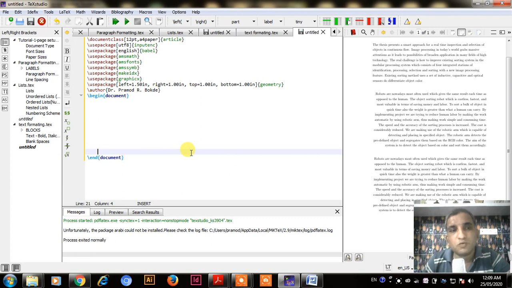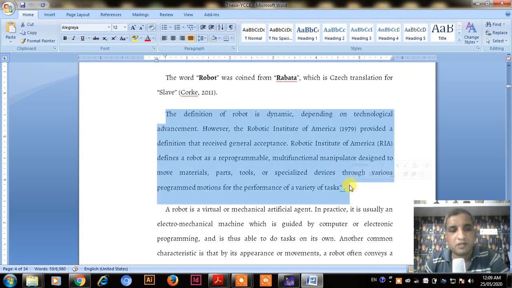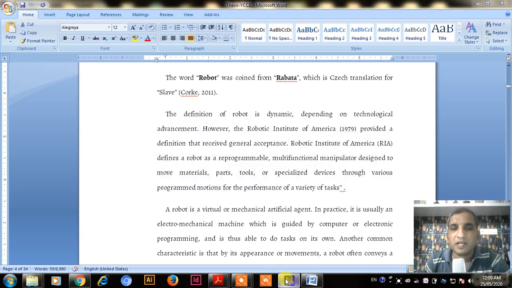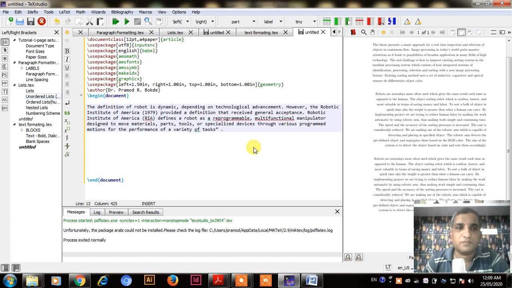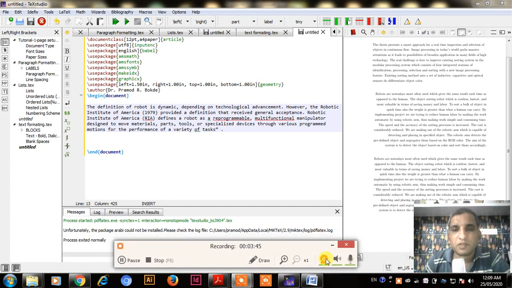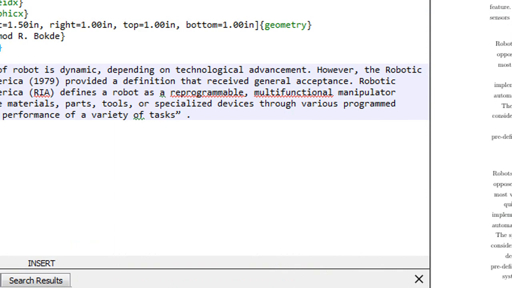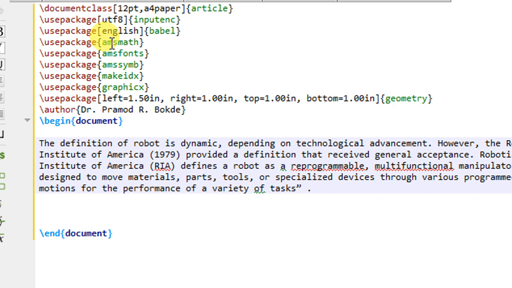To save our time, I will copy some text from my previous Word file and put this text in the body of the source code. I have written some text here. You can also type, but to save time I have directly copied some text from the other file and pasted it here. Now friends, we will see the commands one by one. There are two methods. The first is by using the direct commands, and the second is the shortcut method that I will tell you.